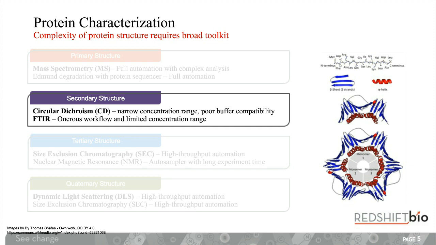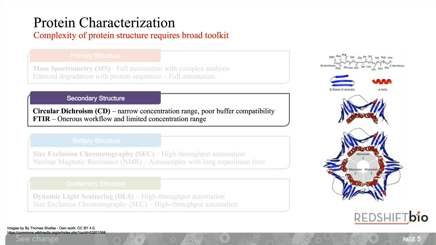Unfortunately, with Fourier transform infrared spectroscopy, until now, this has been extremely limited, particularly in terms of concentration. So in order to get a reasonable signal for a benchtop system, you need approximately 10 milligrams per mil of your sample, and you need to be very careful with the background subtraction.